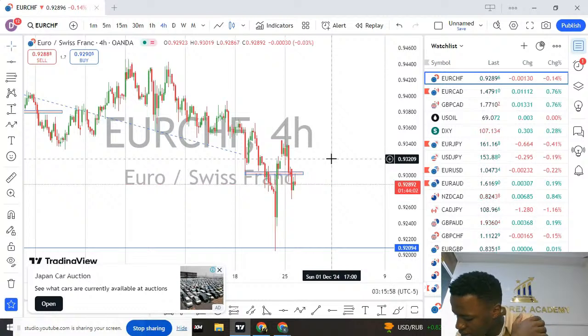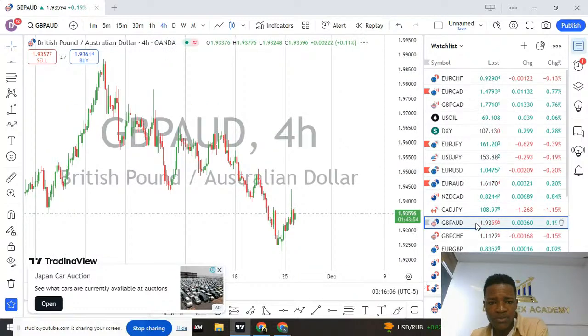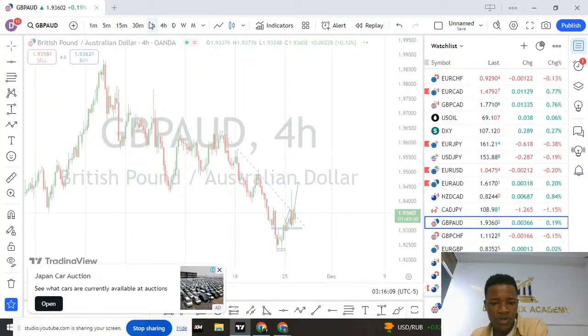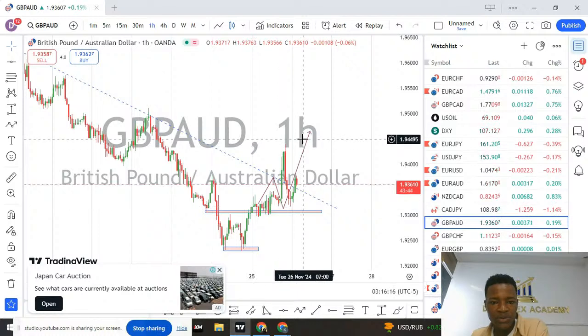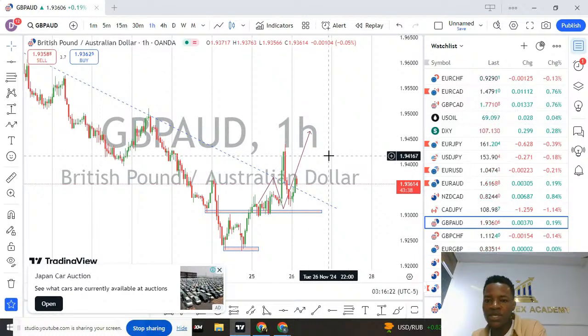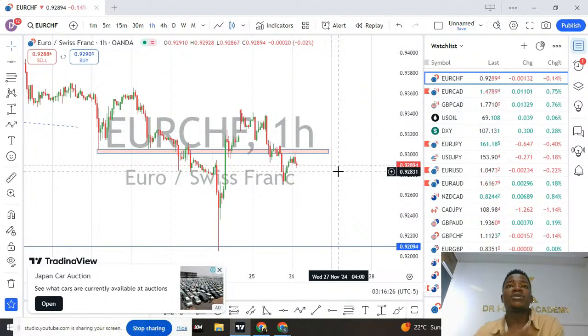US oil, no, that's gold, GBPAUD. Yeah, I think we had GBPAUD. We were looking forward for more buys. Then we are looking forward for this market to come back again, break, and then we continue buying GBPAUD. But we are coming back again to it. It was not an A setup for us, but I want to see someone who is making a comment on EuroCHF. There's a major comment I made on EuroCHF about the overall direction.